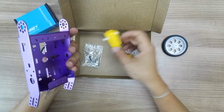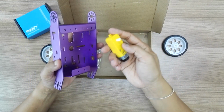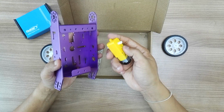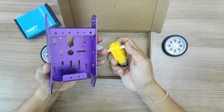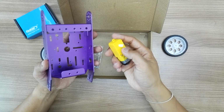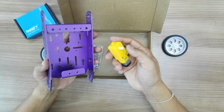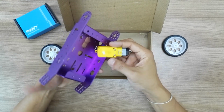First is the TT motor. So TT motor, if you notice, there is a bump on one of the side. Although the shaft is both two-sided, but there is a bump. This bump actually indicates that the wheel should be connected or mounted to this shaft. Okay, so let's